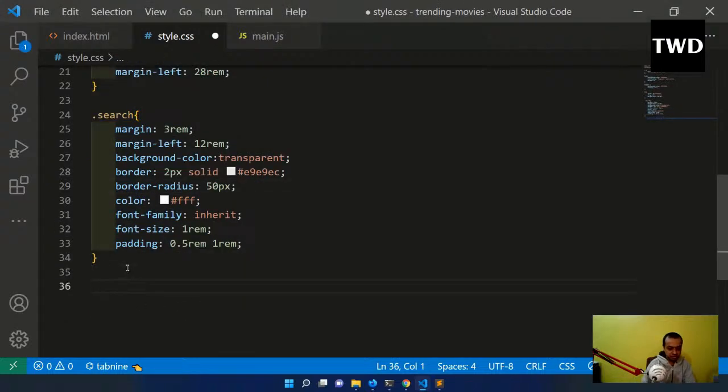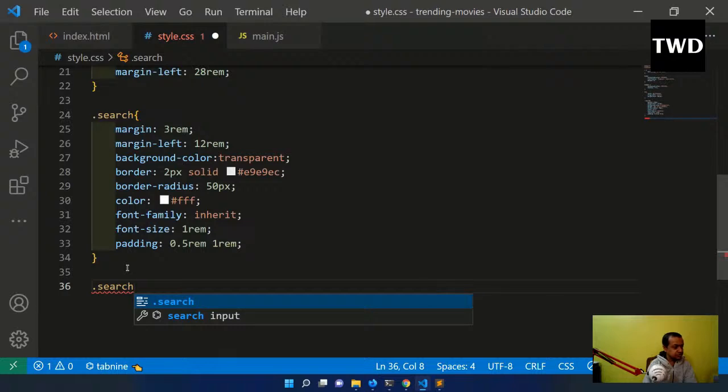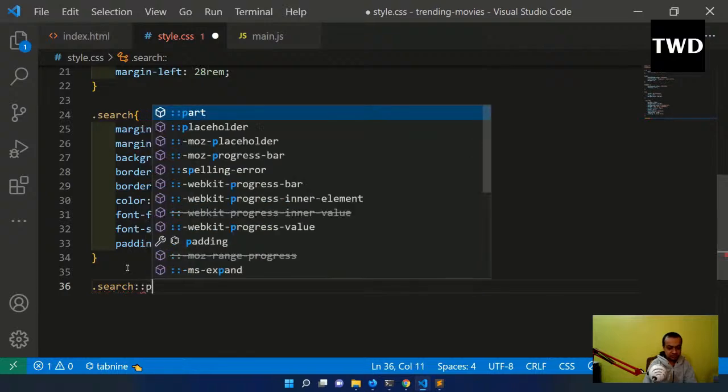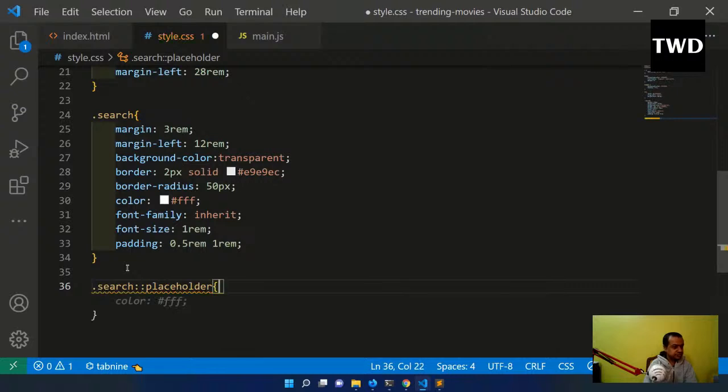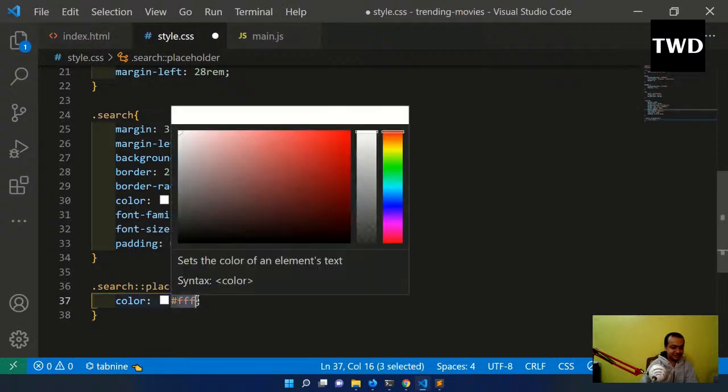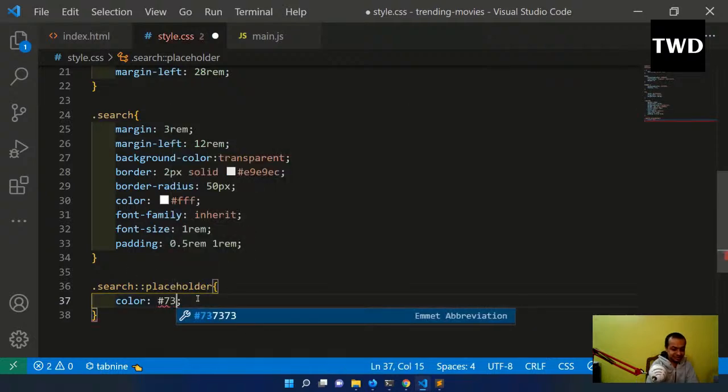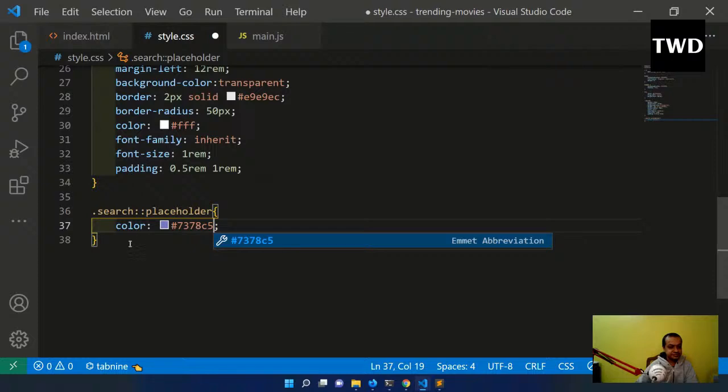Okay, dot search placeholder. Color is not #fff, because if it is #fff, it will not even show. It is #7378C5. And